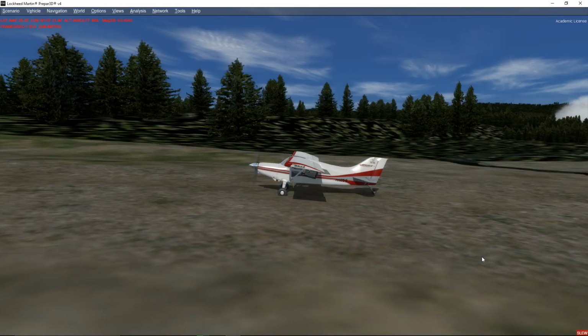As you can see, I get a higher frame rate now, normally about 30 frames per second, but there might be a small drop here caused by the video capture software. You see there are not many trees remaining here near the runway,